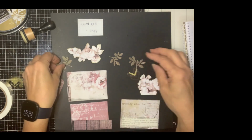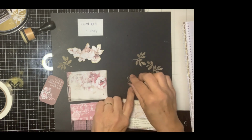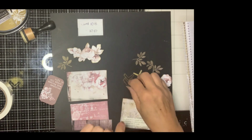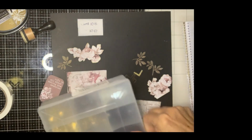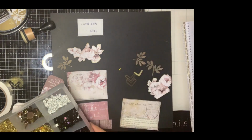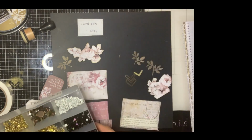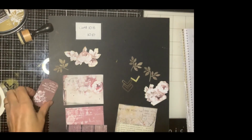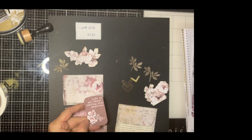I have some fernery here and some fernery here, and I've also got these chevrons, and I know for a fact I haven't got any of the brads, so I'll just grab one out of my stash, and of course I'll grab a yellow one, of course. So I've cut one of the tags from the tag sheet, which is this one here,